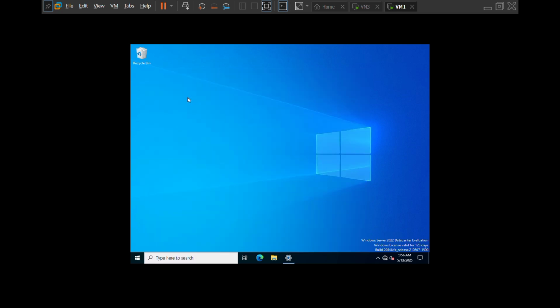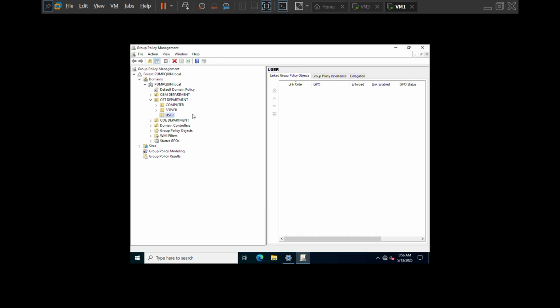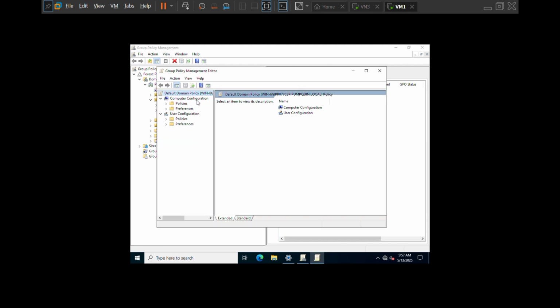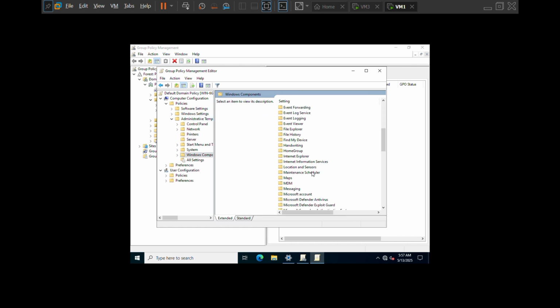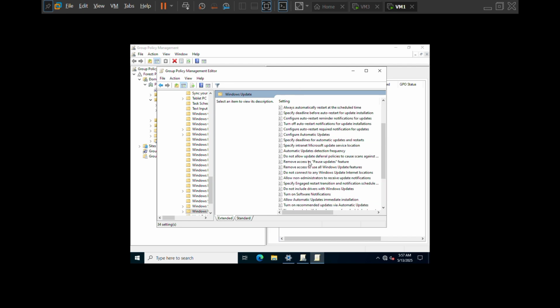To make this process seamless, I configure automatic updates via Group Policy, because we're using a domain-controlled server. To navigate to the auto update, you can go to the update settings and enable automatic downloads and installation, as confirmed here. This ensures my server stays up to date without manual intervention.